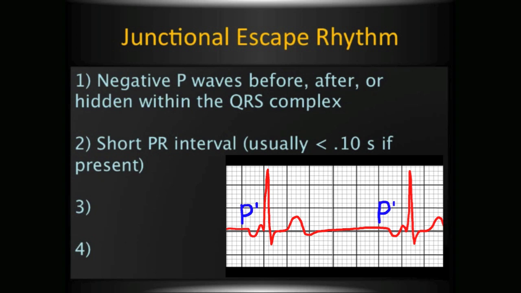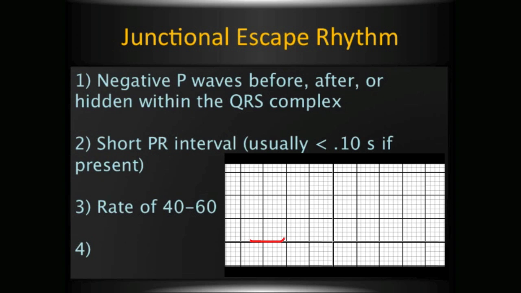And the typical rate? Typical rate in junctional escape rhythm, 40 to 60 beats per minute. And is the QRS duration normal or abnormal? The QRS is normal. In summary, junctional escape rhythms may demonstrate number 1, negative P waves before, after, or hidden